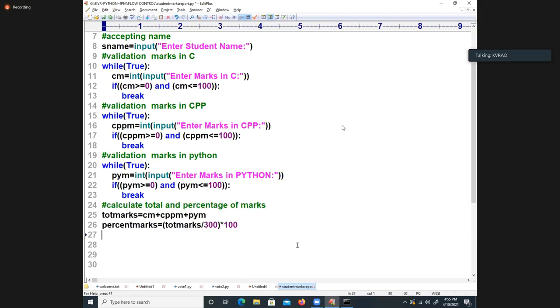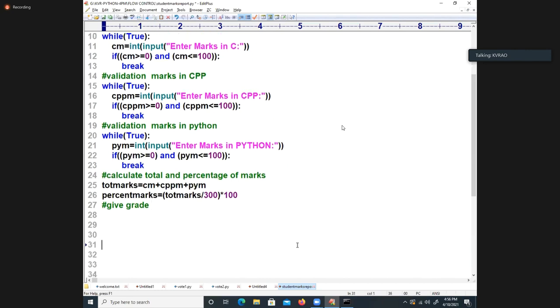Now I want to go for printing the grade. Give grade. See, this is going to be most wonderful. So logic for grade. Tell me, how do you write the logic for grade here? See that, if carefully follow one condition. Total conditions are there in this bracket. One condition, CM less than 40.